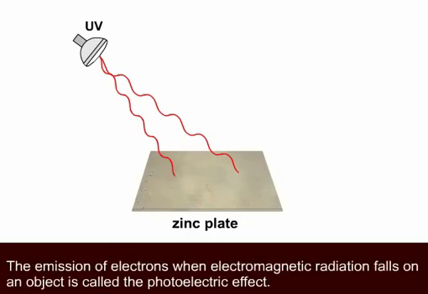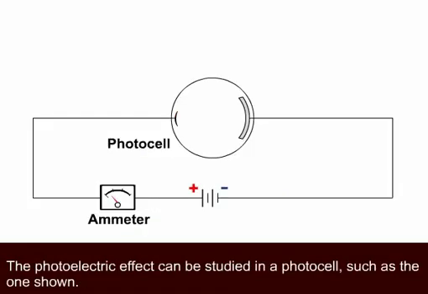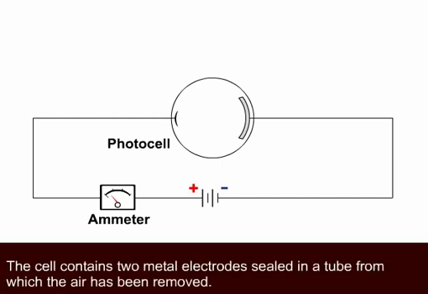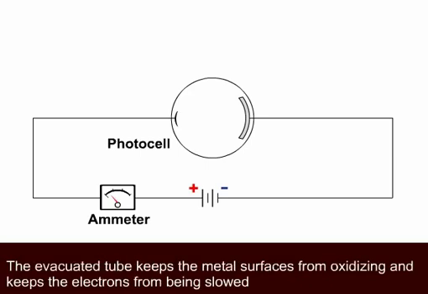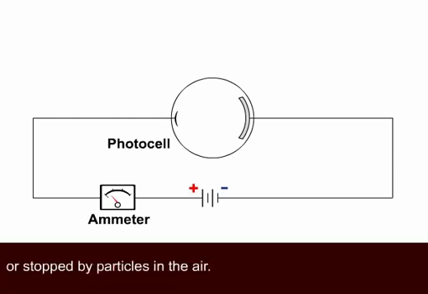The emission of electrons when electromagnetic radiation falls on an object is called the photoelectric effect. The photoelectric effect can be studied in a photocell, such as the one shown. The cell contains two metal electrodes sealed in a tube from which the air has been removed. The evacuated tube keeps the metal surfaces from oxidizing and keeps the electrons from being slowed or stopped by particles